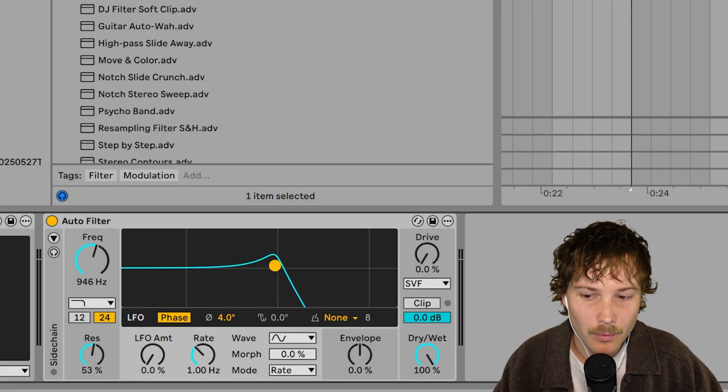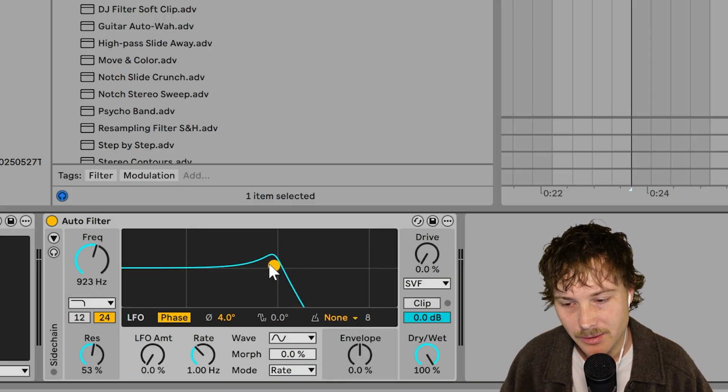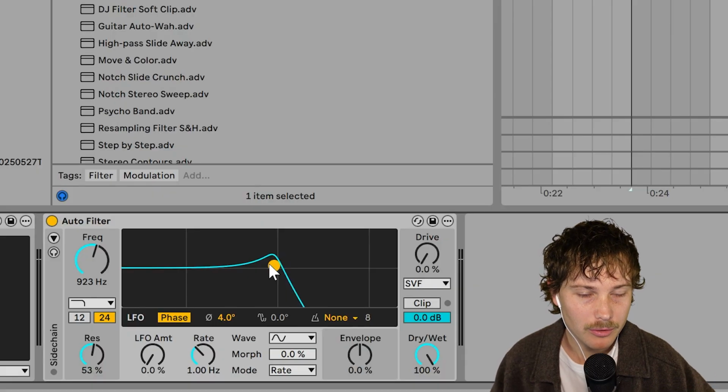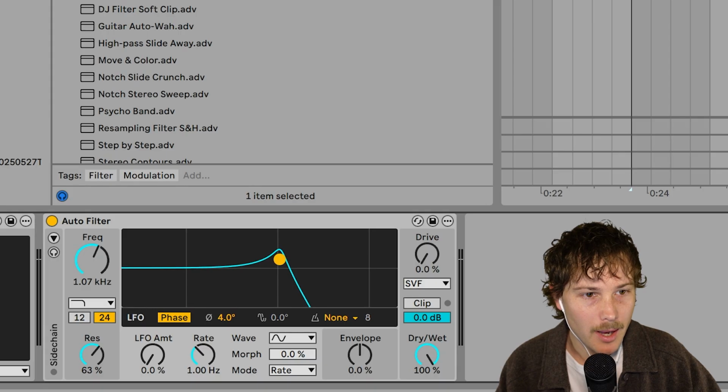And you know how when I resample, I love to use these filters. This is basically using the filter without the resampling method, so you can use it on the MIDI without committing to audio, which is really cool. If I play this back,